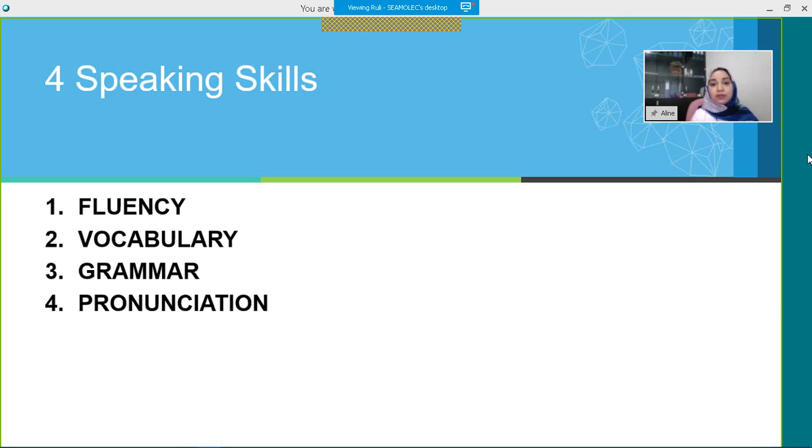The second one is vocabulary. Of course, if you don't have the words to say what you want to say, then you cannot say it. Being a good speaker means constantly growing your vocabulary. The more interesting words you know, the stronger your speaking skills. The best way to grow your vocabulary is to read in English. Make sure you read articles, news, and books in English, and make a note of any new words that you find in a vocabulary notebook.